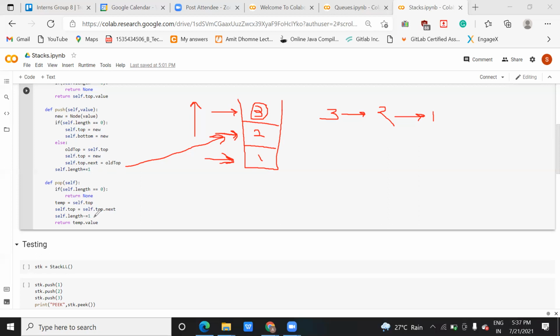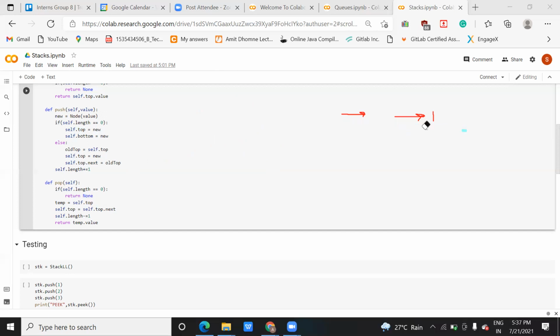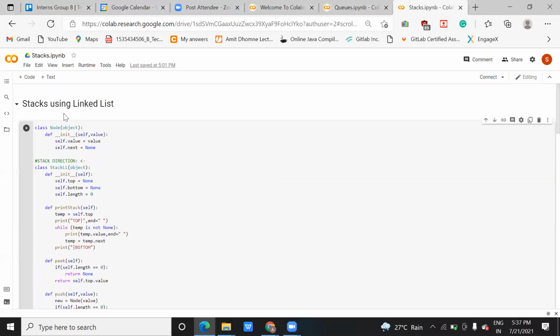Tejas, you can ask me if you are unable to understand. I will show some more examples. No, but I perfectly understood. Yes, perfectly understood. You will get more clarity when you run it on your system, so it's not much difficult. Just understand how the push and pop operations are occurring. So let me run this and show you this class.